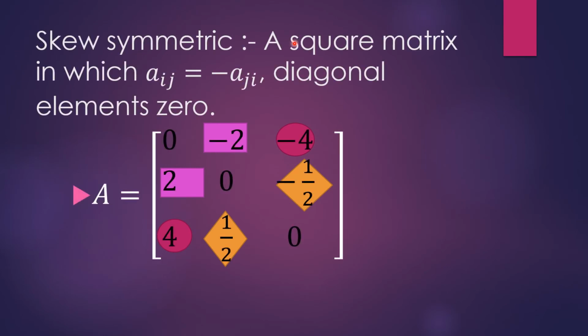Next, skew symmetric. Same as symmetric a little bit, that is Aij should be equal to minus Aji. Here minus plays a vital role, and there's only one matrix in which diagonal elements are 0. There is no other matrix where diagonal elements will be 0. So it's very easy to identify a skew matrix. That is, first you should check whether diagonal elements are 0. Then these pairs should be opposite to each other. This pair should be opposite to each other, and the diamond shaped pair should be opposite to each other. In that case, this matrix is called a skew symmetric matrix.